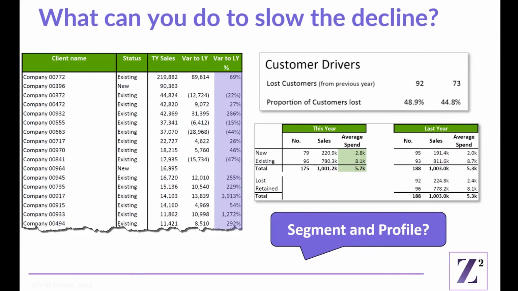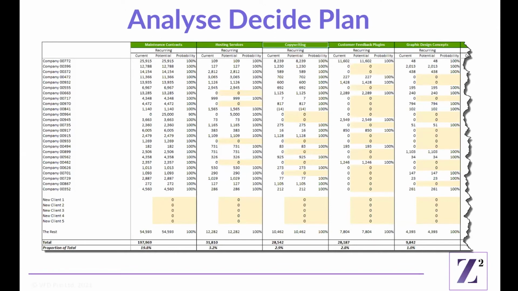Finally, lost customers. Before chasing the new customer acquisition, can you reactivate lapsed customers? What could you do to persuade them to return? Chances are the answer to that question is also part of a strategy to increase retention, because it's far easier to sell to an existing customer than it is to sell to a new one.